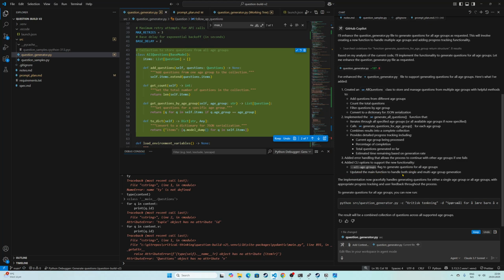Update the main function to handle both single and multi-age group generation. The implementation now gracefully handles generating questions for either a single age group or all groups. To generate questions for all groups,